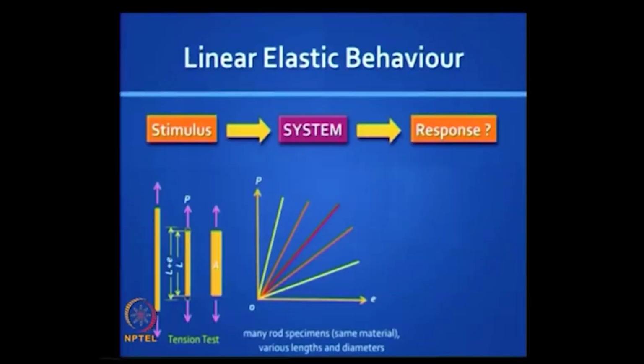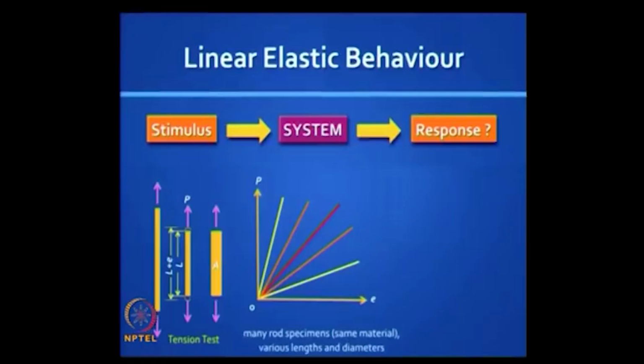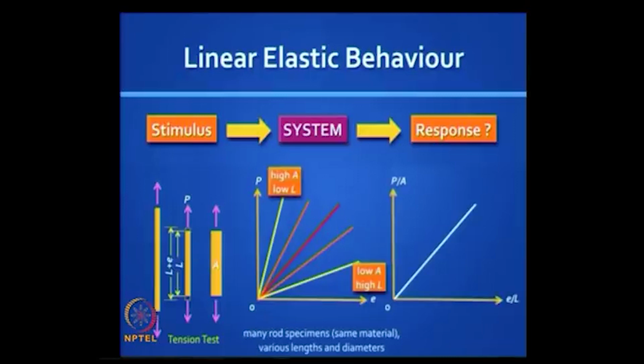Okay, that is true. So science is all about trying to reduce all these different lines into a single line, and how will you do that? Divide. Stress and strain. E by L. Right, you redraw these graphs dividing the ordinate P by the cross sectional area A, you get stress, normal stress, and E by L you get axial strain, and you will find that you get a single line which brings out the common material property in the member. So this is a simple understanding of